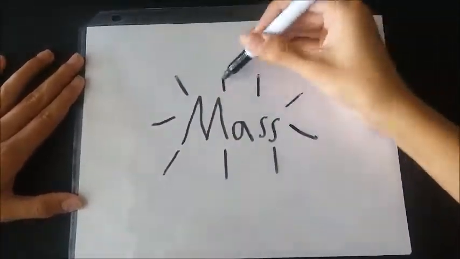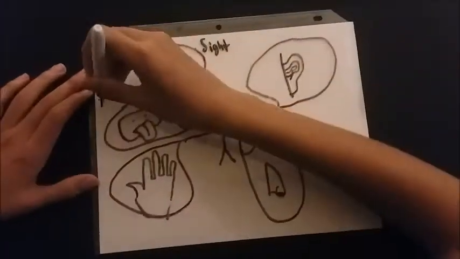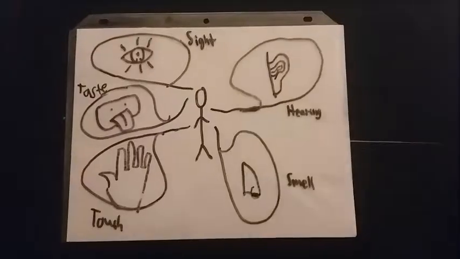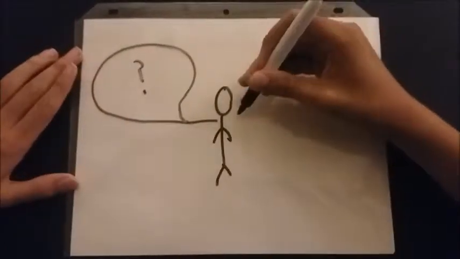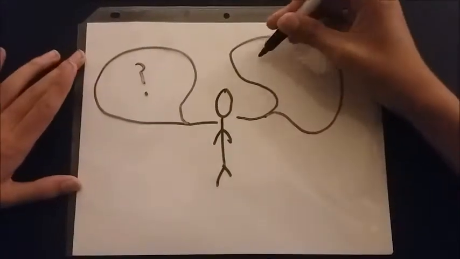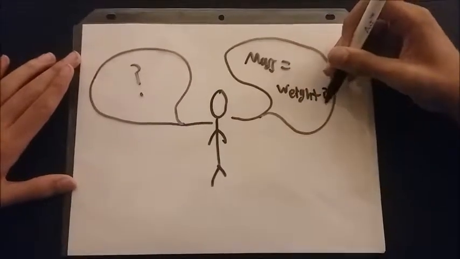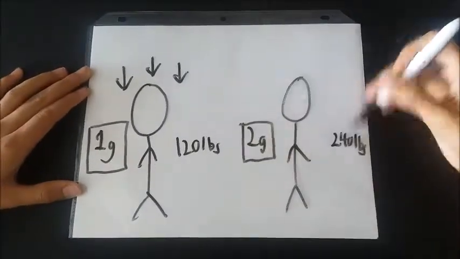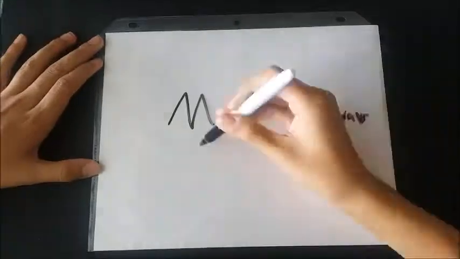Finally, we have mass. Mass is how much matter is in something. Matter is anything we can touch and overall experience with our senses: sight, taste, touch, smell, and hearing. Mass is just a calculation of how much of that stuff there is. Now you might be thinking, this sounds a lot like weight, because if you add more objects to something, you increase its weight, just like you increase its mass. Well, the difference is weight can be changed if the amount of gravity changes, but the mass of an object cannot be changed and is always constant.